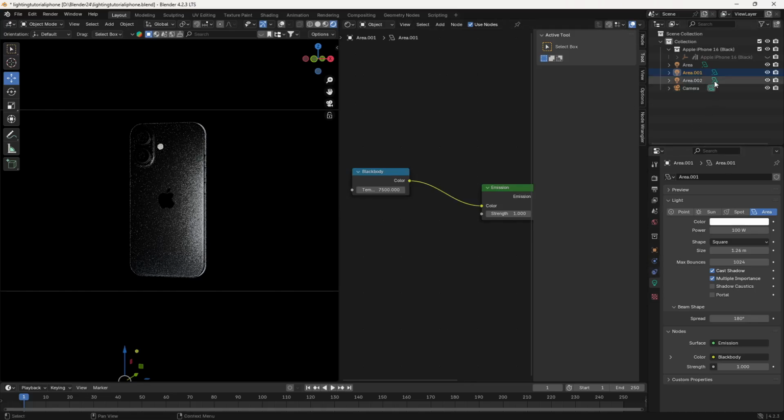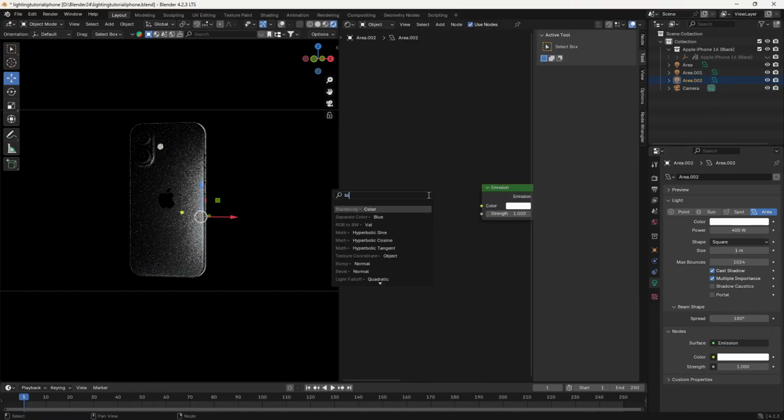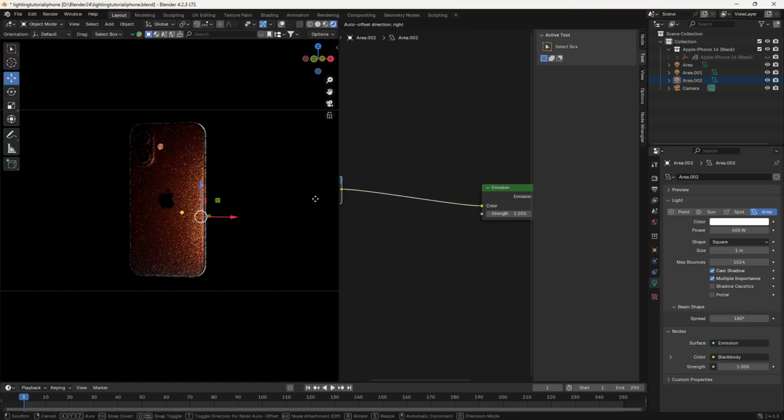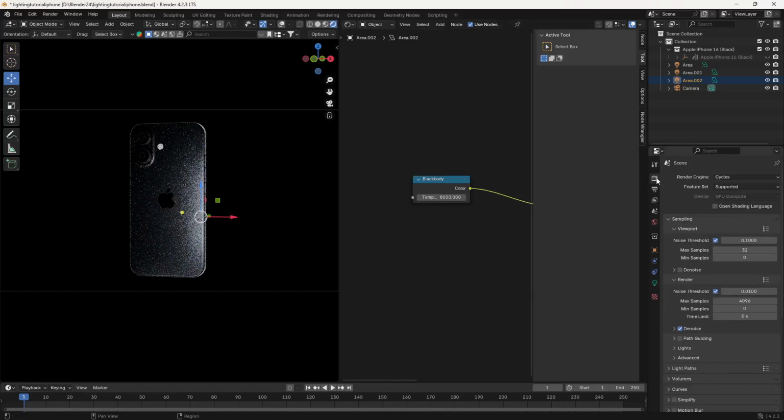Let's just take this as well, and let's just click on use nodes, and here I'm going to load that same black body. And you can see the result here. So if I take this to, let's say, 4000, you can see we are getting this look. And if I take it to, let's say, 9000, just to show you guys, you can see we are getting this look here. Okay, so let's just go for 8000 here and let me just render and show you how it is looking so you can see how the final result looks. So let's just take the samples from 4096 to 128 and I'm going to turn on the denoise and I will be back once it is rendered, guys.